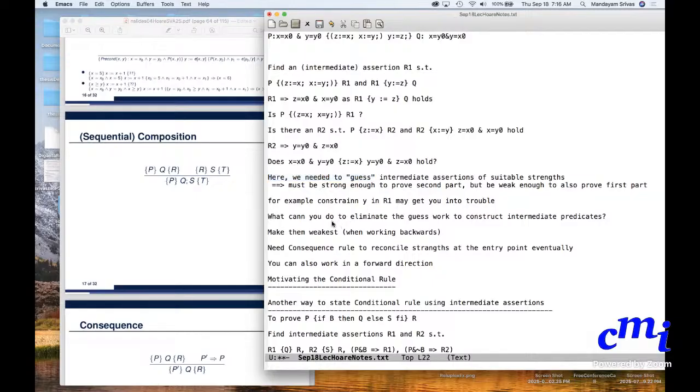So to eliminate this guesswork, there are two solutions. You can always construct these intermediate assertions if you're working backwards, which is how we did here. We started with Q and then started guessing the intermediate assertions. If you're doing it like that, then you make them the weakest precondition. So for a given Q, you can construct the weakest precondition